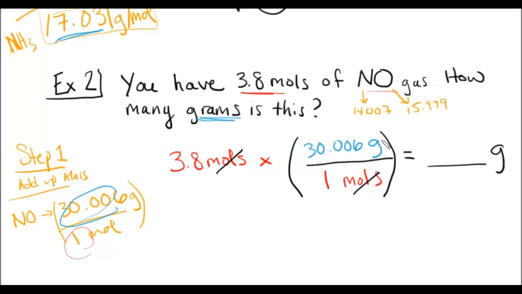It's going to be 30.006 times 3.8. That's going to give us a grand total, again rounding to the nearest hundredths place, of 114.02